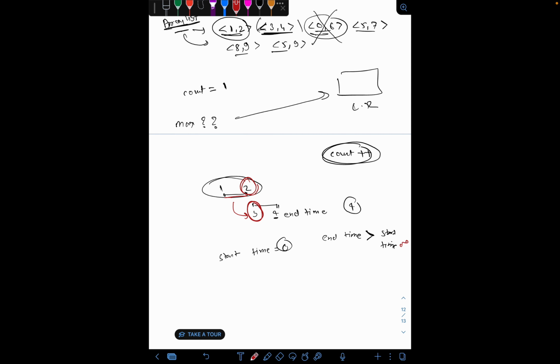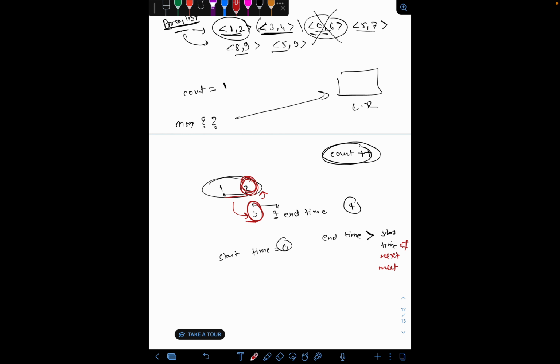So if the end time of the previous meeting is less than the start time of the next meet, then only we will consider.